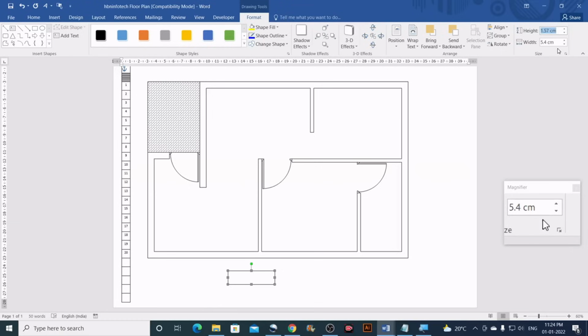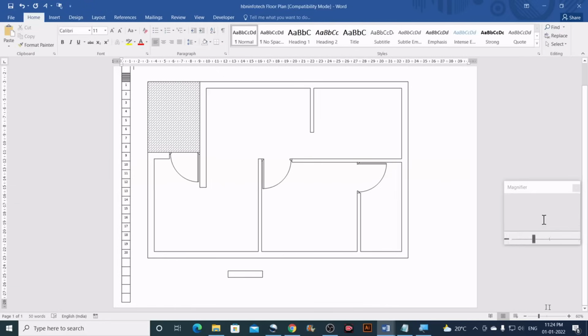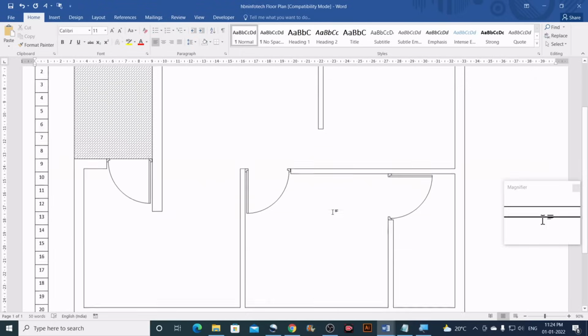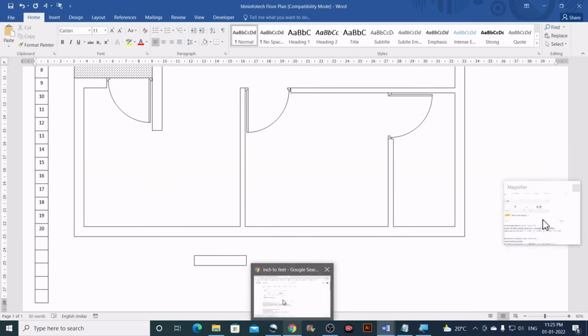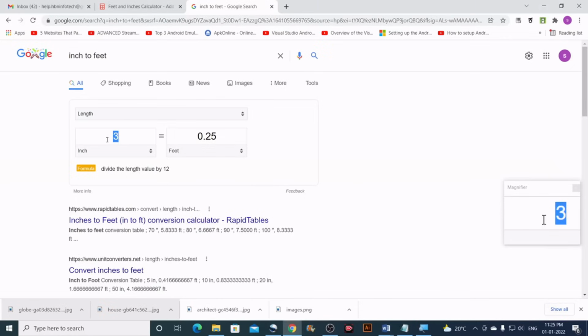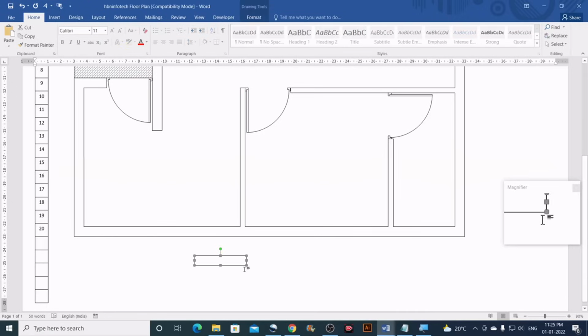The height would be 9 inches. So 9 inches is 0.75 feet, and the width is 4 feet. And now the window frame. So with the window frame is 2.4 inches. So what is 2.4 inches in feet? 2.4, it is 0.2. So we'll just duplicate this,